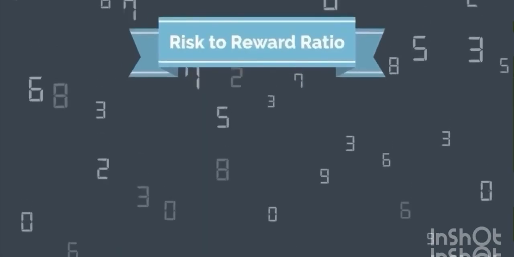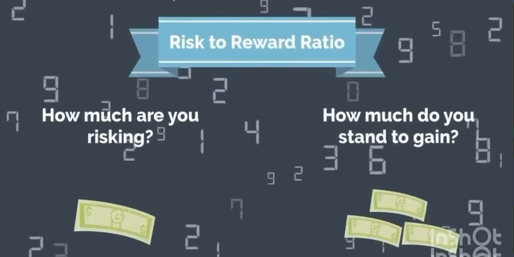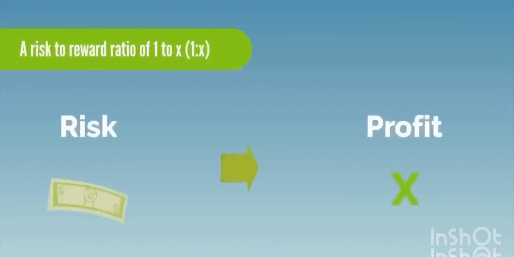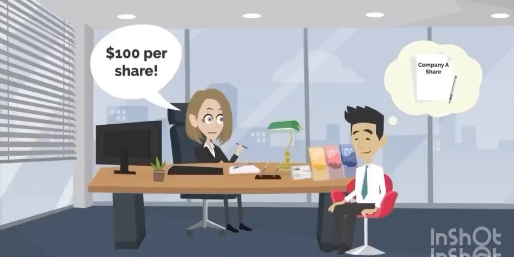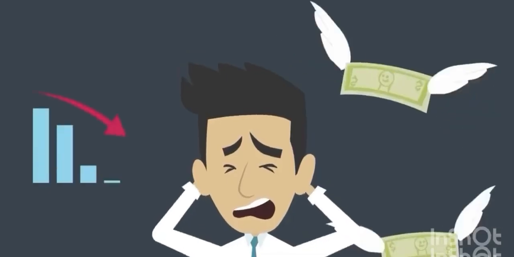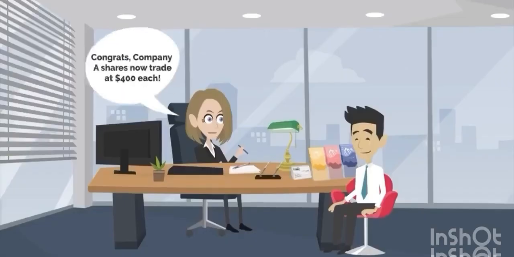The risk-to-reward ratio tells you how much you stand to profit for every unit of currency you risk. A risk-to-reward ratio of 1 to X tells us that for every dollar you risk, you stand to generate a profit of X dollars. For example, let's say you buy one share of company A at $100 and promise yourself you'll never sell until the price reaches exactly $400, even if it means writing the stock down to zero and losing your money. In this case, 1, you are risking $100, and 2, if the share price does reach $400